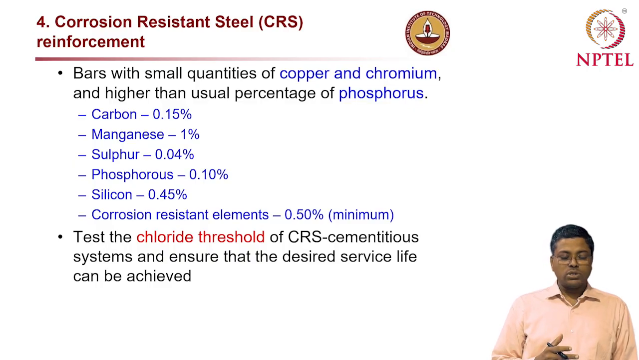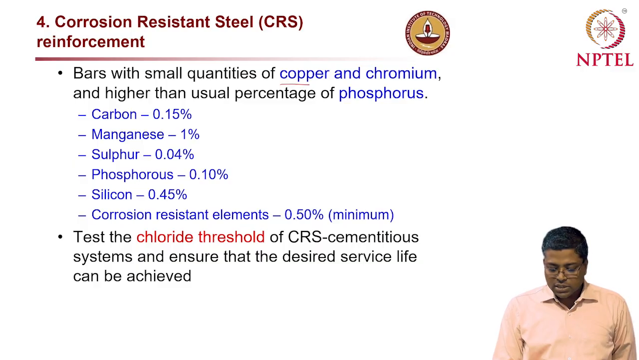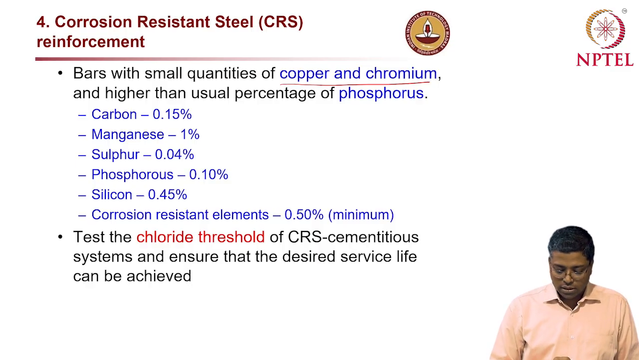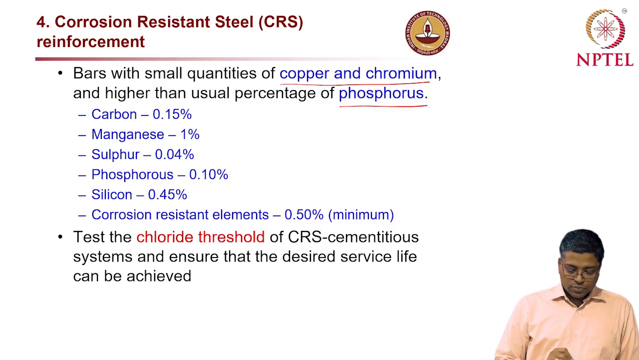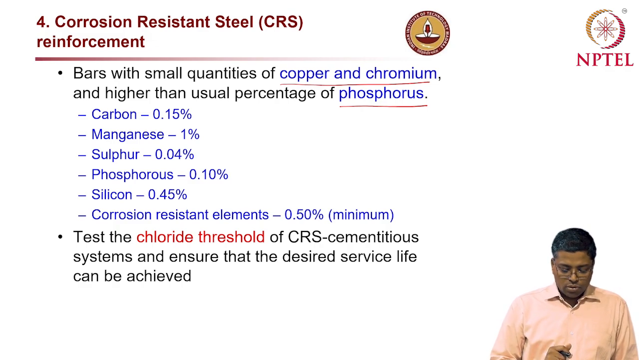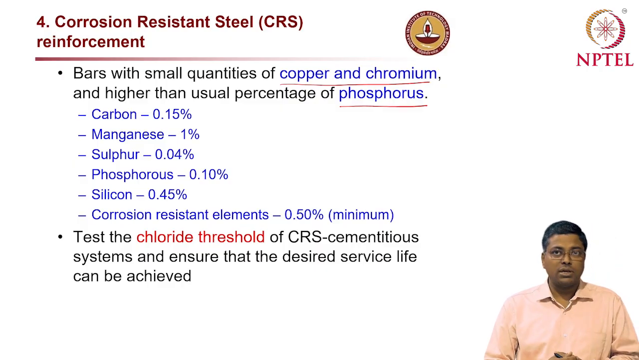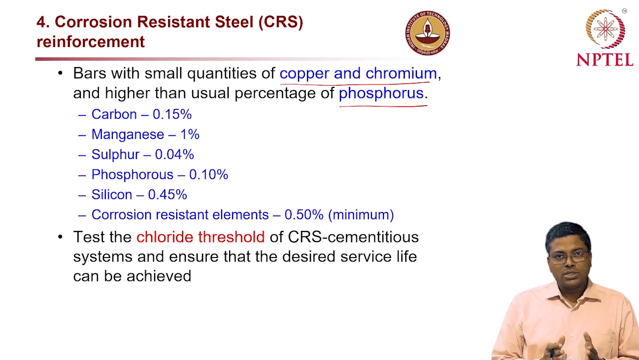Now we also have this corrosion resistant steel, or CRS, rebars in the market. Mainly these are rebars with a difference in the chemical composition. Mainly they have small quantities of copper and chromium present, and also a slightly higher quantity of phosphorus. This is the main difference in the CRS steel when compared to other types of steel. Now people say that the CRS steel is highly corrosion resistant. I mean, the name itself claims so, but when you talk about the service life,